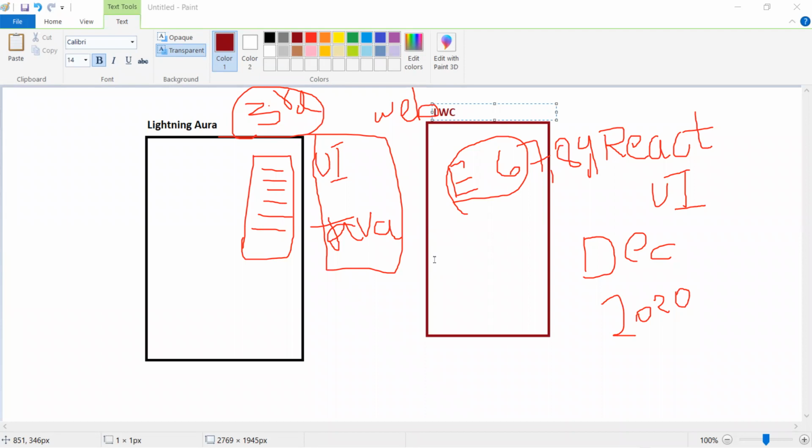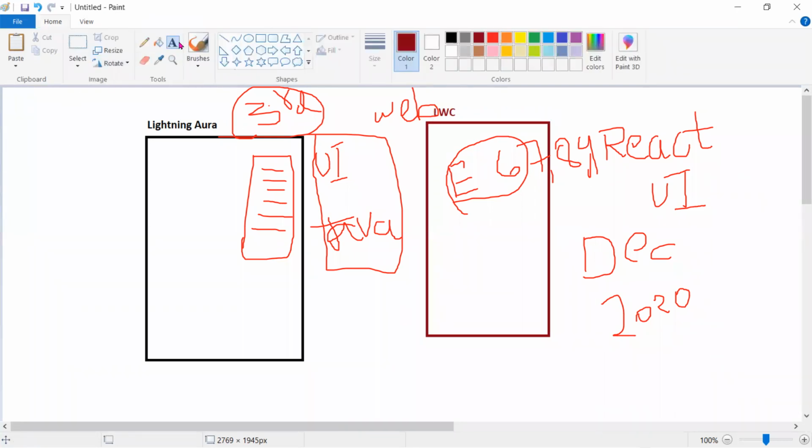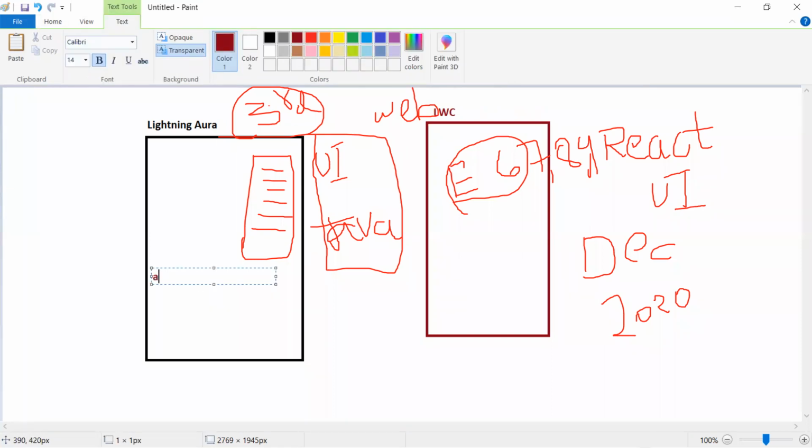Similarly, Lightning Aura is a third-party system, and Lightning Aura is free, which is available. Salesforce can use it. That's the reason whenever we are using Lightning Aura, we use tags starting with Aura. Now, tomorrow, if they start charging a price for Lightning Aura, what will happen at that time? Or if they stopped